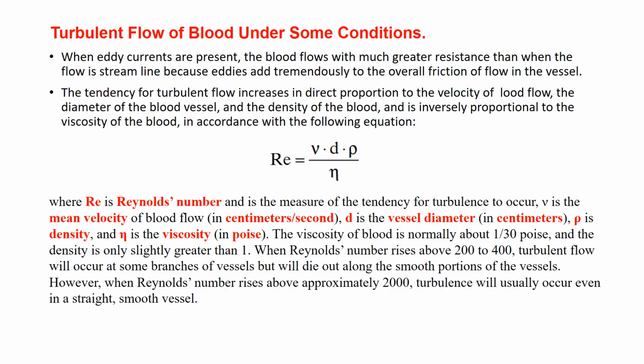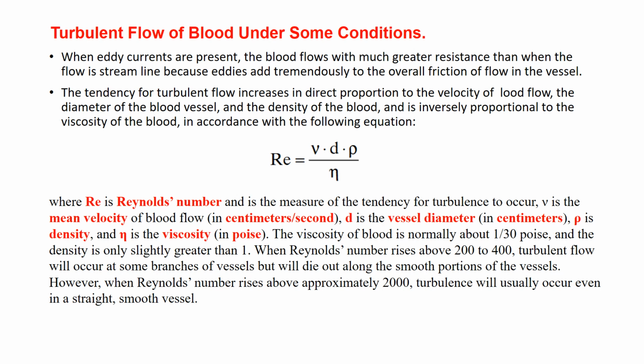When eddy currents are present, the blood flows with much greater resistance than when the flow is streamlined, because eddies add tremendously to the overall friction of flow in the vessel. The tendency for turbulent flow increases in direct proportion to the velocity of blood flow, the diameter of the blood vessel, and the density of the blood, and is inversely proportional to the viscosity of the blood, in accordance with the following equation,